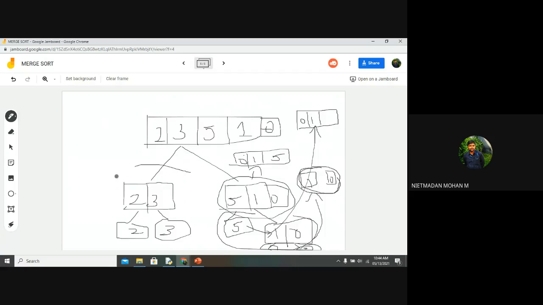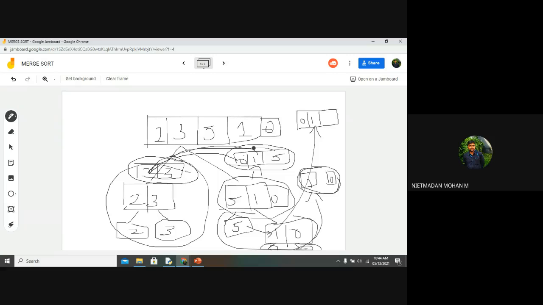And now it will come to the left hand side, and this will be sorted, and the same part will be sorted again. Then this 2 and 3 will be there. If I am comparing I and J, 2 will be compared with 0, 2 with 1, and 2 with 5. Here we have only 2 elements, and here we have 3 elements. Anyhow, the final element will be left out either on the right hand side or the left hand side.